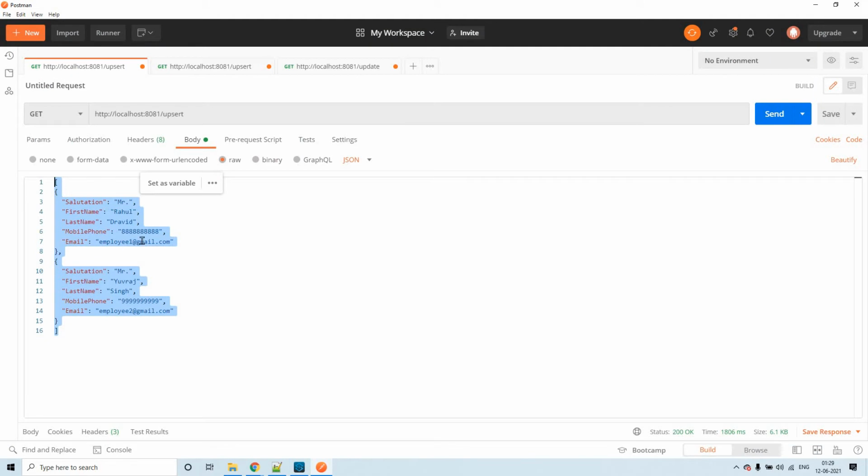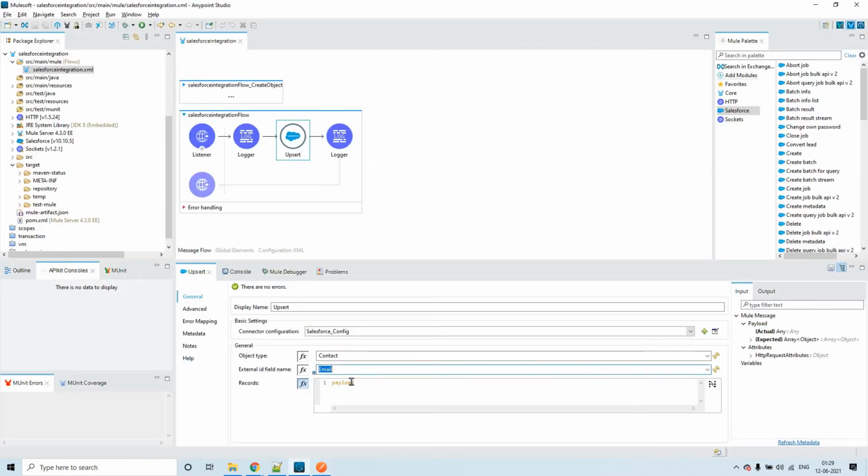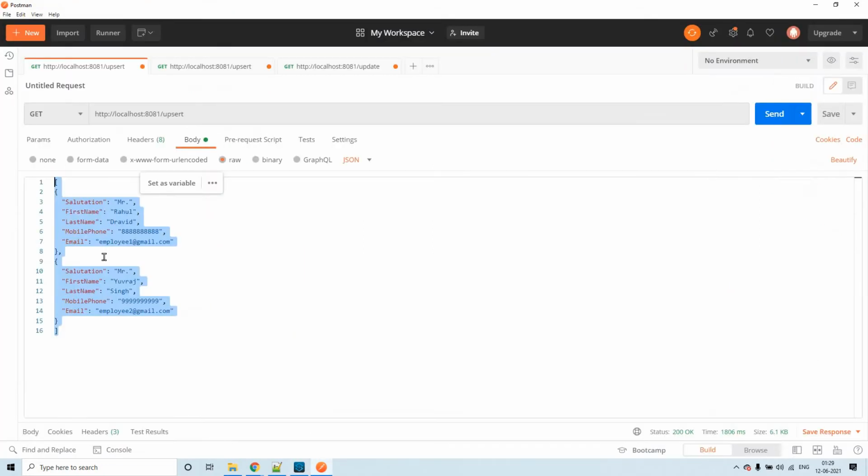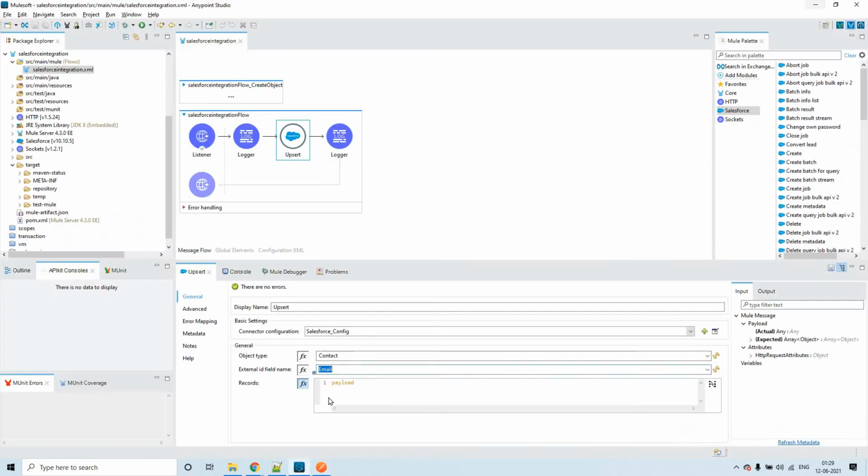Whatever we send through Postman will be considered as the payload within this records section, and that will be operated by this upsert operation. So it will decide whether to update or insert.